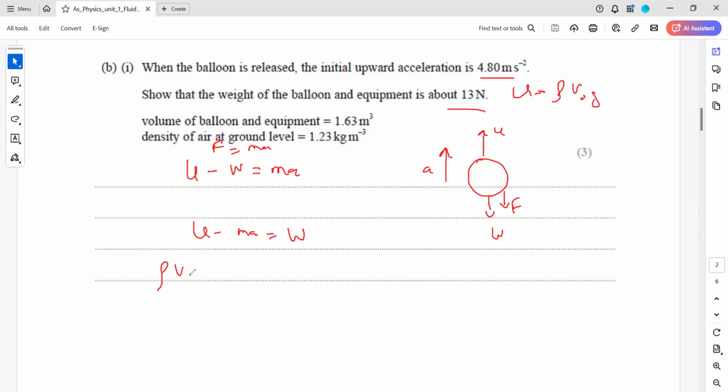So density of fluid times volume of object times gravity minus ma is equal to W. The density of the fluid, that is the air, is 1.23 kilogram per meter cube. The volume of the balloon and the equipment, that is the volume of object, is 1.63. The gravity we will take as 9.81, minus